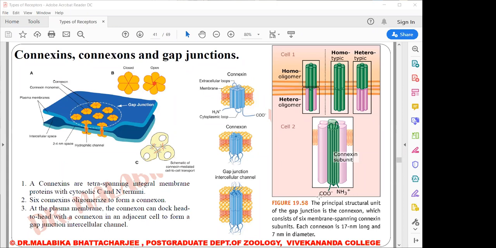At the time of birth, as childbirth approaches, gap junctions between the smooth muscles of the uterus enable coordinated powerful contractions. During pregnancy, we know that contractions occur and the baby is pushed out. So the gap junctions between the smooth muscles of the uterus enable this. At times, the electrical synapses in the brain allow signals to travel through gap junctions. And I talked about the movement of action potential in the case of the cardiac muscles. So these are the variety of functions of gap junctions. I'm pausing here on gap junctions.